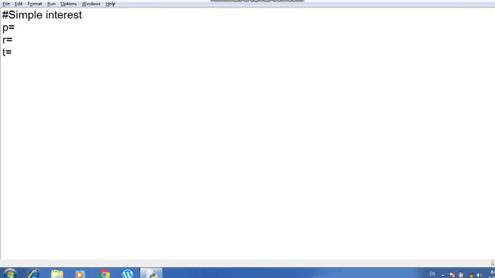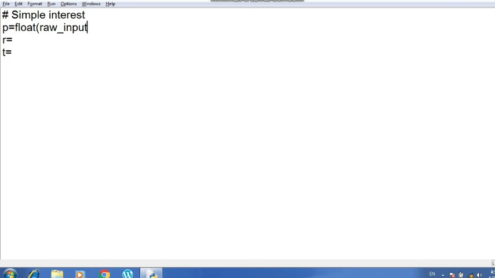As earlier we were taking integer value, we were converting the string to integer. As Python takes input as a string, we have to convert it whenever we want to do any kind of calculation. So earlier we were doing the calculation in whole numbers, so I have taken int. Now the answer can come in fraction form, because here the formula of simple interest is p into r into t by 100. So I am going to take the floating point literal, which is the float data type, and I will use the raw input function because it takes the input as a string and then the input as a string will be converted to float data type.